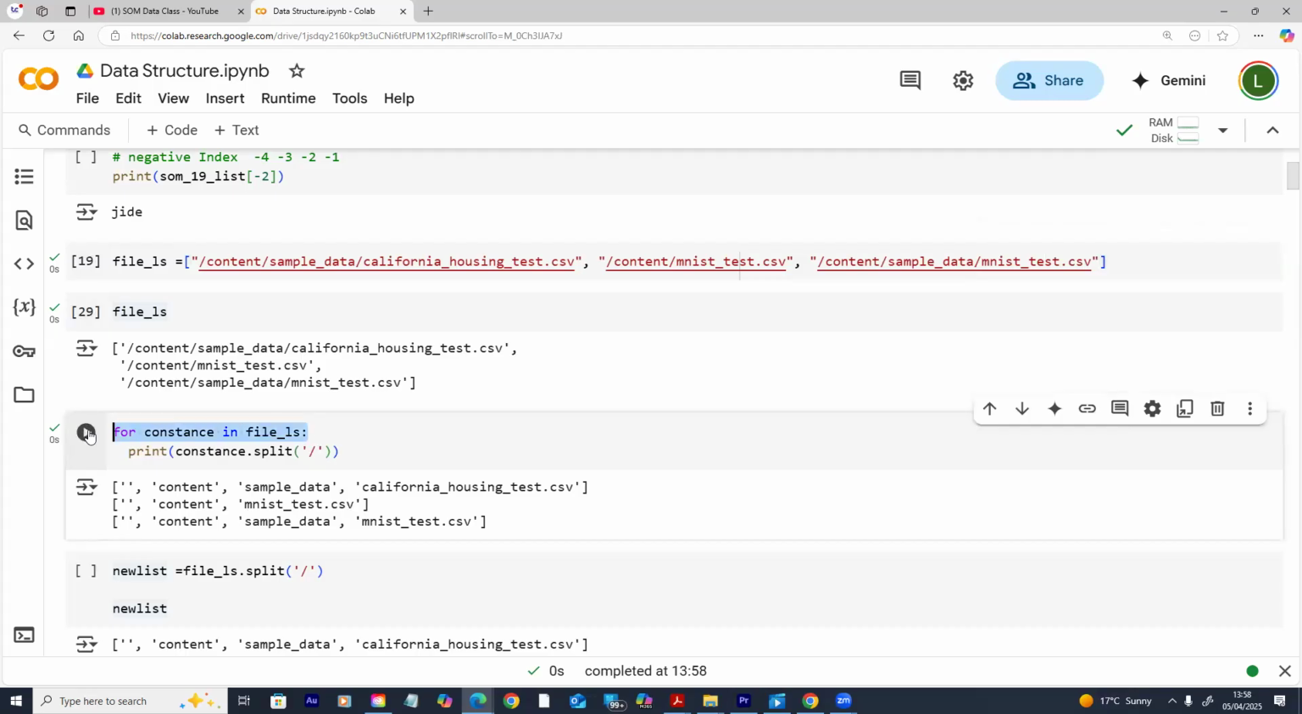Did I explain this part of loop? No, we didn't hear you. Okay. So